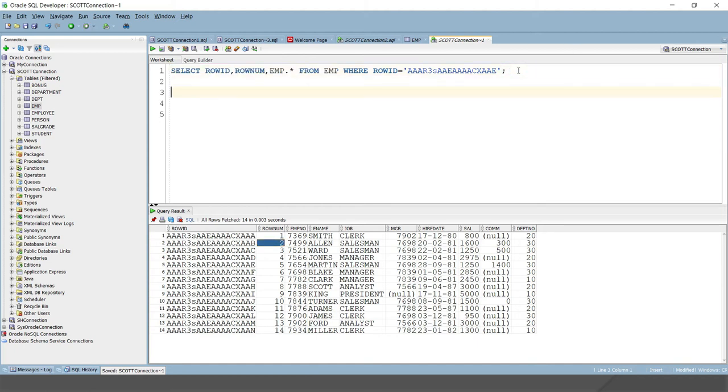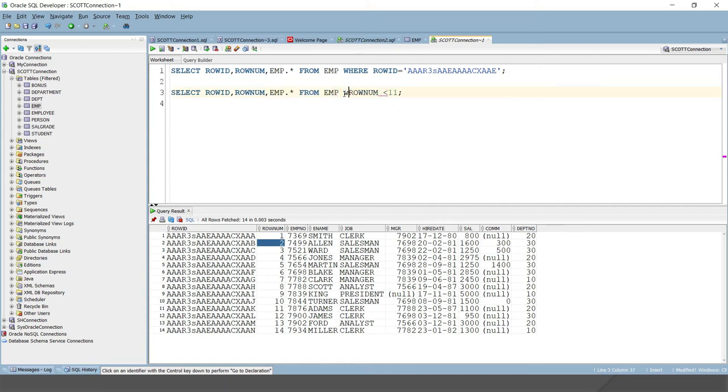Here I can write a query something like that. Sorry, let me copy this query. And here if you select data from your employee table, then here you can see row num, let's say, I would say less than 11. That means this will give you the first 10 rows.